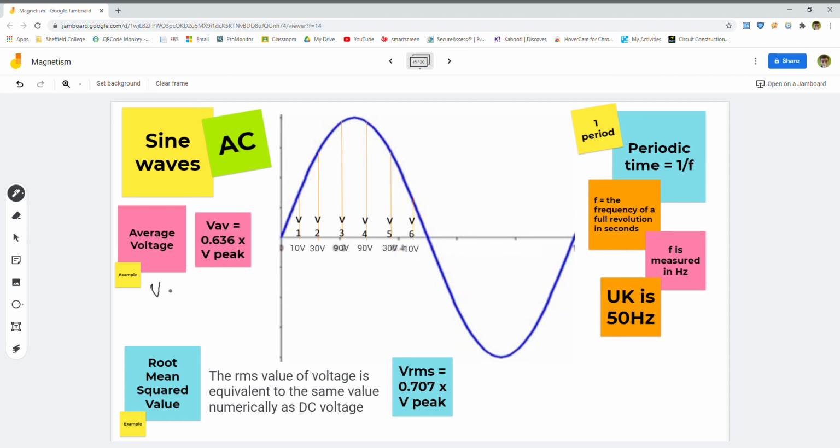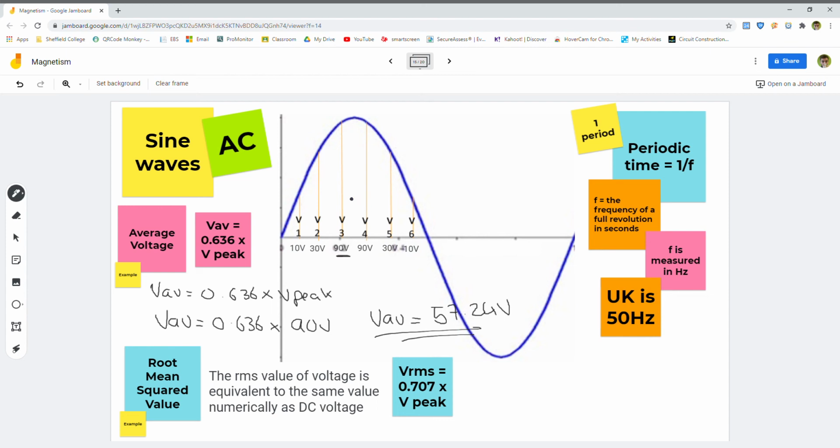So if we just do this, VAV equals 0.636 times V peak. VAV equals 0.636 times the V peak, and the V peak on this one is 90 volts. VAV is equal to 57.24 volts. So that's the average voltage, but we don't tend to actually use that calculation much because it's not